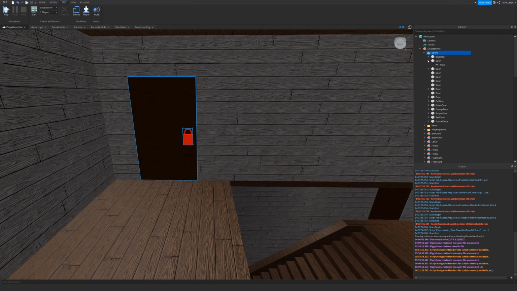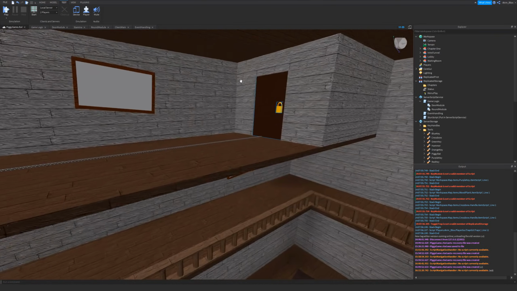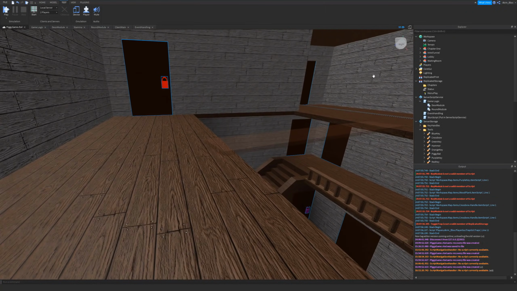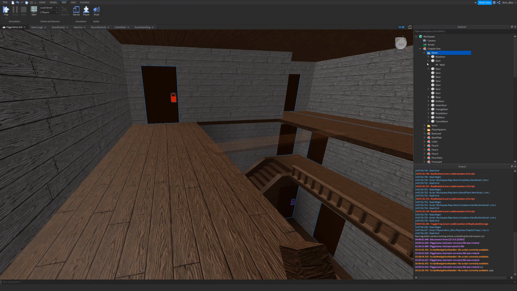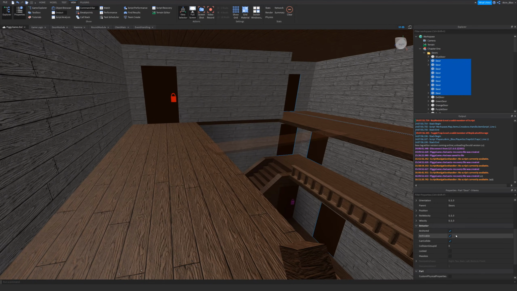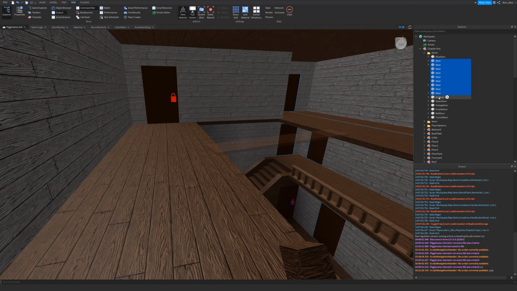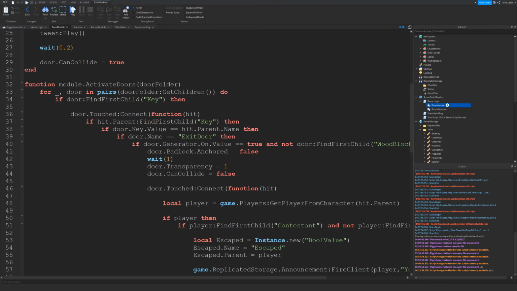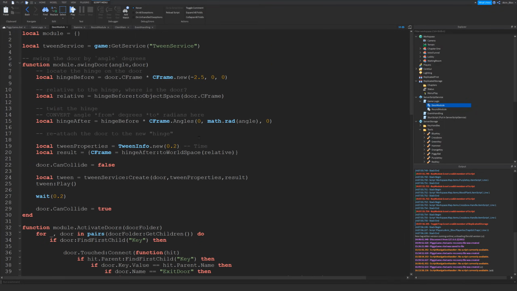And the way it works is that when the map is inserted, we are going to use this door module here. All of your doors, just make sure that they have can collide set to true and anchored also set to true, okay? And the same goes for these doors with the keys. We'll get to those later on as well. But your doors, you need to make sure you have that folder in the model of your map, okay? Because in this door module, I've created a function called